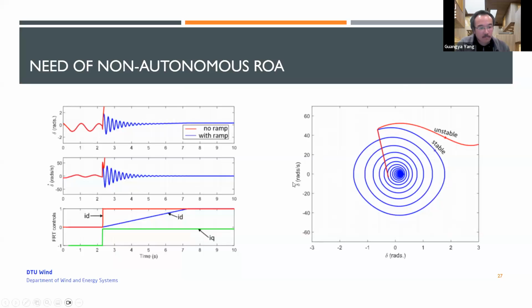And come back to this nonlinear, non-autonomous region of attraction. This is an example showing that if you don't consider the ramp in the ID, you do the analytic model and then do the integration, giving a step change to the ID, the system may show that it's unstable. But in reality there is a ramp in the converter ID. Therefore, if you put that condition in, the system could oscillate and come back to the stable equilibrium. That means that in the fault recovery period, if you don't consider the ID ramp, you probably get a very small region of attraction estimated, which is maybe not realistic. Therefore, you need to consider the ID when you analyze